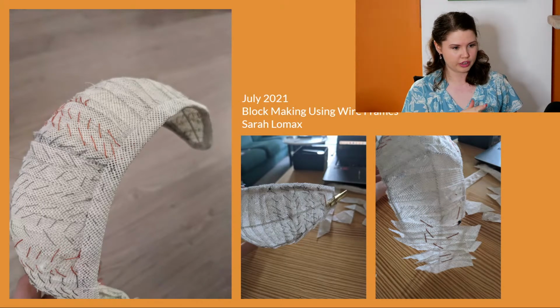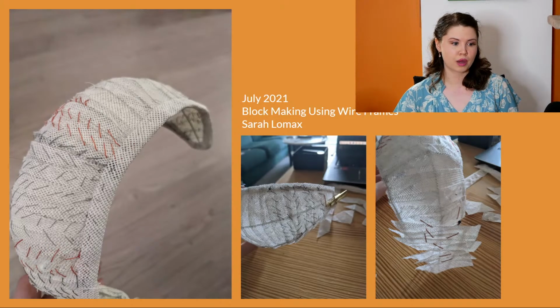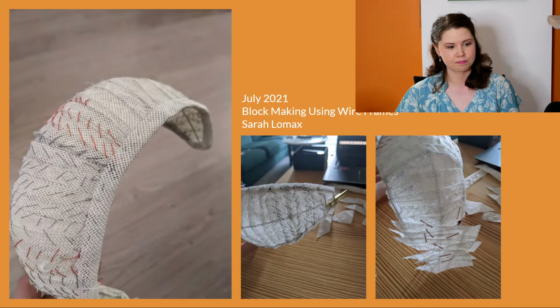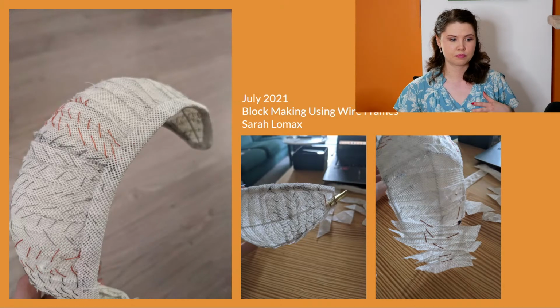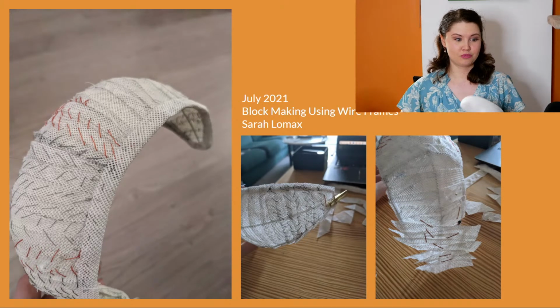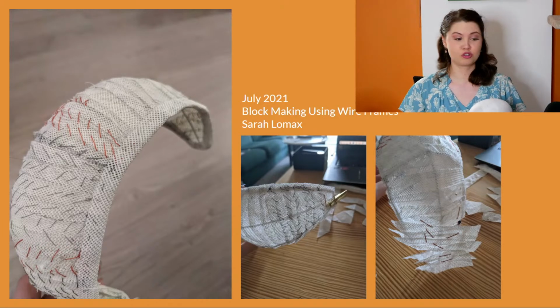What you've got in the pictures there are my process images. This was a course run by Sarah Lomax called Block Making Using Wireframes. I'm sure if you look up Sarah Lomax, she might be running these courses again. I don't plan on making a video on this because Sarah teaches it. But essentially you make a wireframe, you make it look like an armadillo with bias strips of buckram, and then